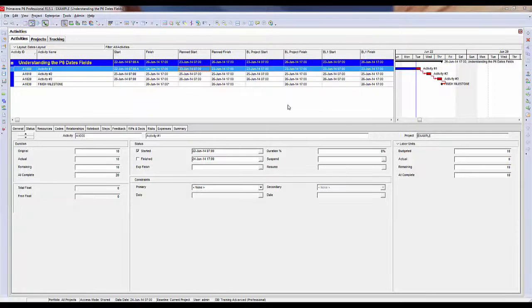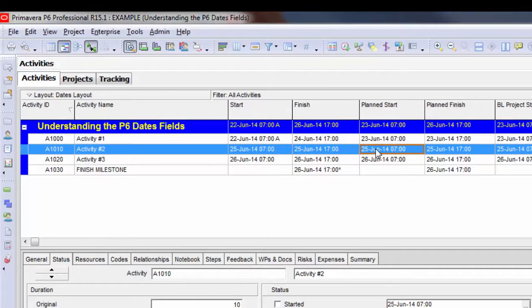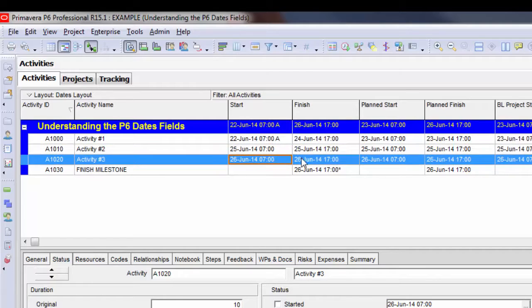The other thing you need to be clear about is that the activities that we did not mark as started have moved forward because we rescheduled and moved the data date forward. The plan start and plan finish for activity 2 and activity 3 still equals the scheduled start and finish for activity 2 and activity 3. If I mark activity 2 as started,